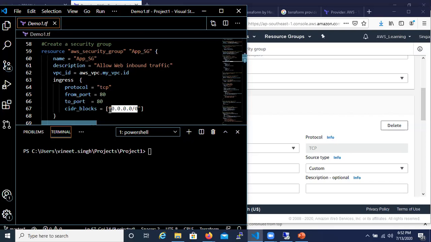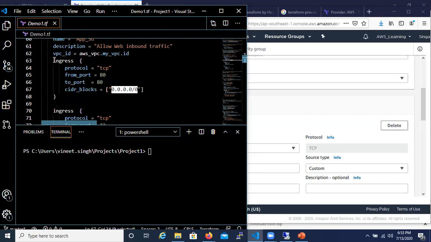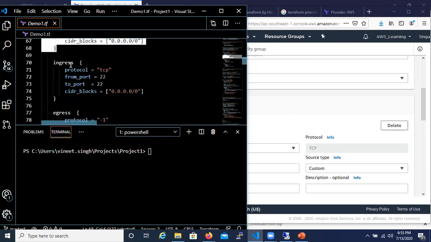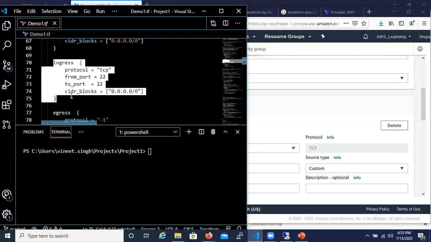Like this, I can create multiple ingress as well as egress rules. For example, here for ingress, I have defined a rule for port 80, and similarly an ingress rule for port 22.